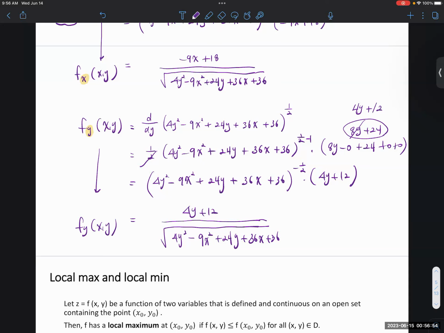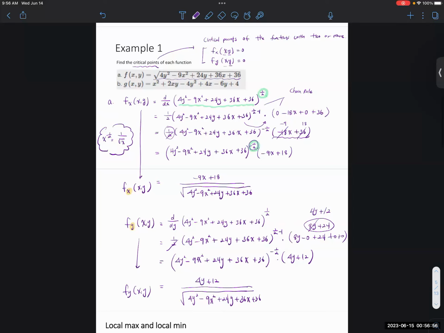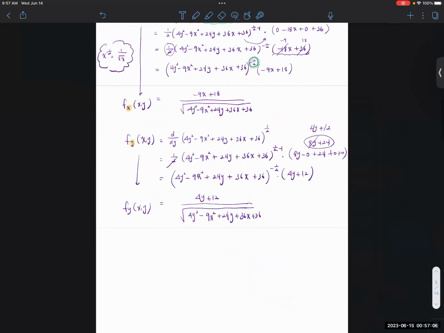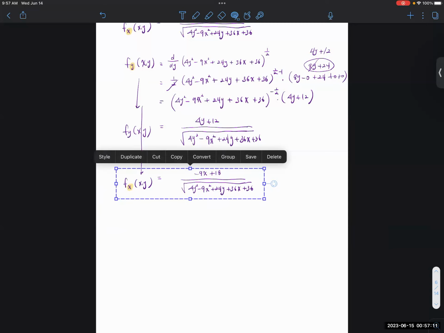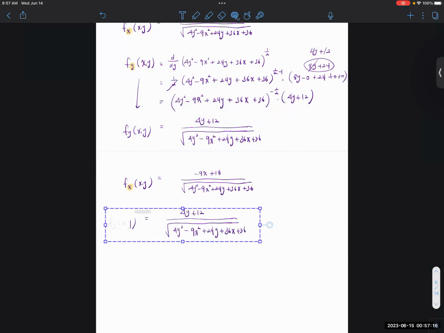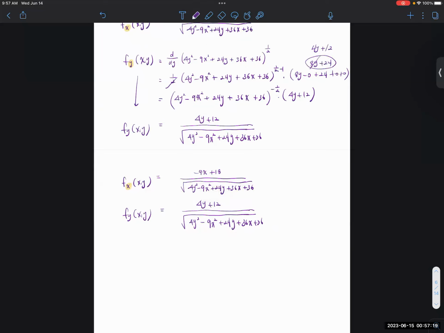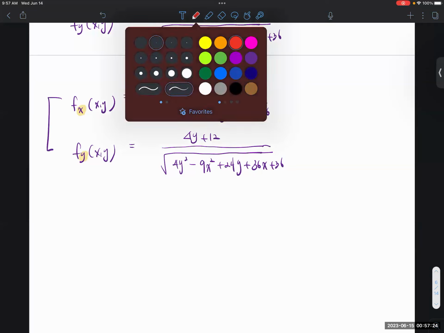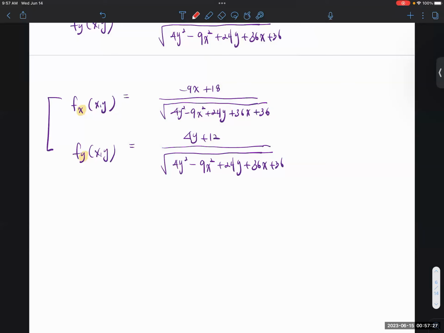So now what are you going to do? Our goal is to find the critical points where each partial derivative equals 0. So let me make a space. What happened? We have this copy, we have this one, and I do have the partial derivative with respect to y. So we have these two so far. So what happened? The x and y partial derivatives, this is going to be what? We're going to make it equal to 0